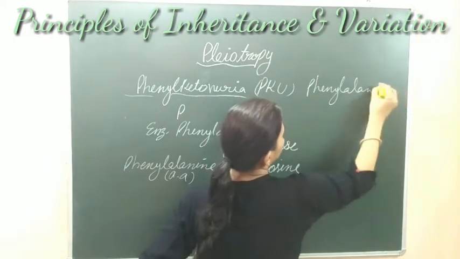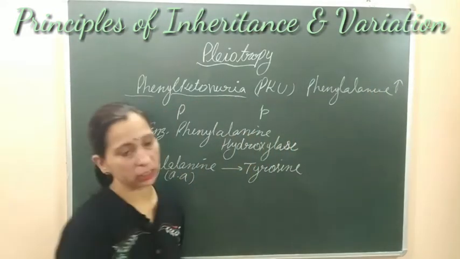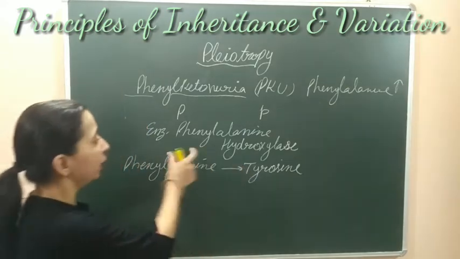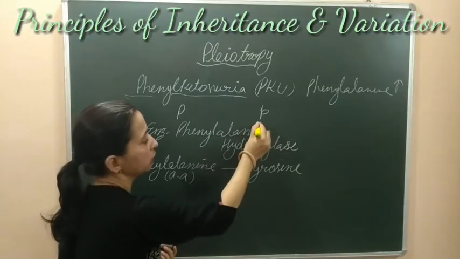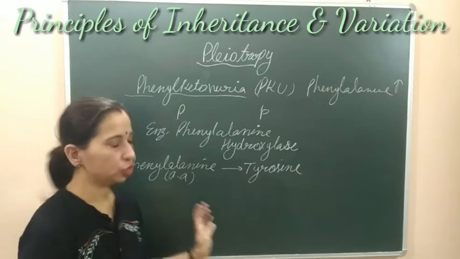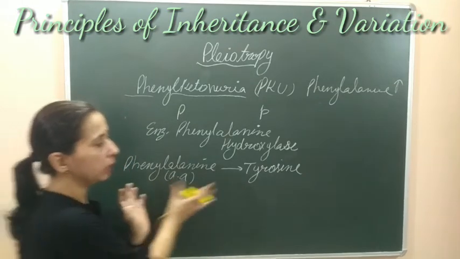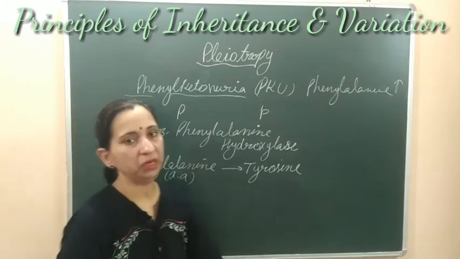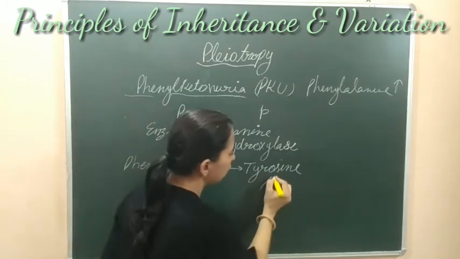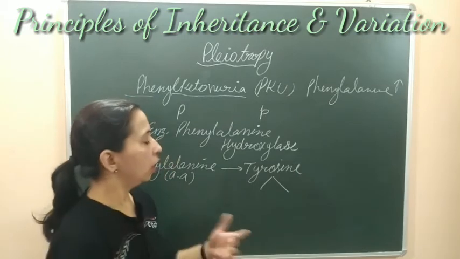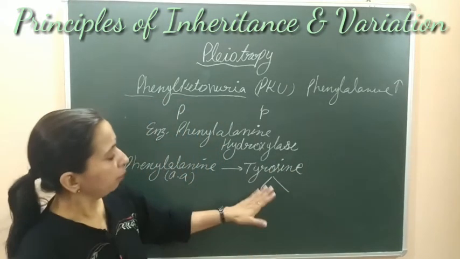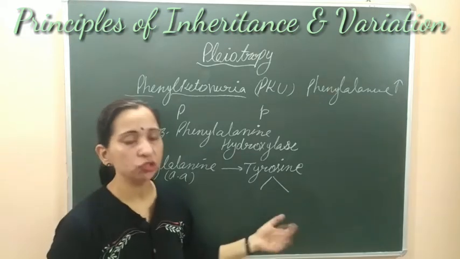Phenylalanine का जो लेवल होता है वो ह्यूमन बॉडी में इंक्रीज हो जाता है. This disease is known as phenylketonuria, and the reason is that the enzyme phenylalanine hydroxylase is present in normal condition. This enzyme converts phenylalanine into tyrosine, and this tyrosine is used for different activities. Like this tyrosine is responsible for the formation of many hormones. Like आगे हम देखेंगे मेलानिन का सिंथेसिस भी करेगा, पिगमेंटेशन से रिलेटेड होगा.